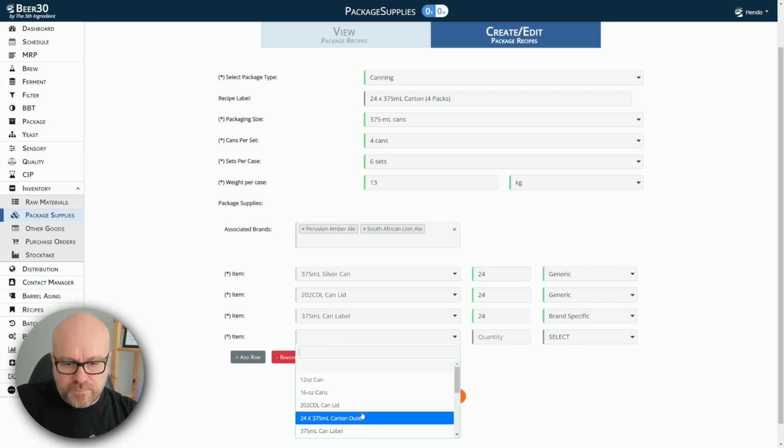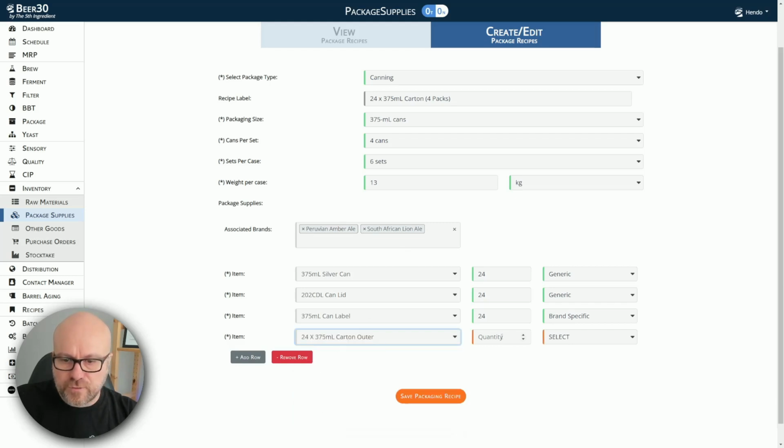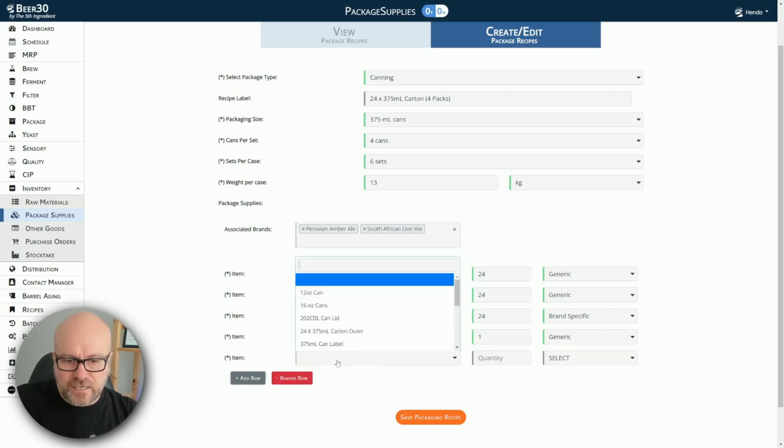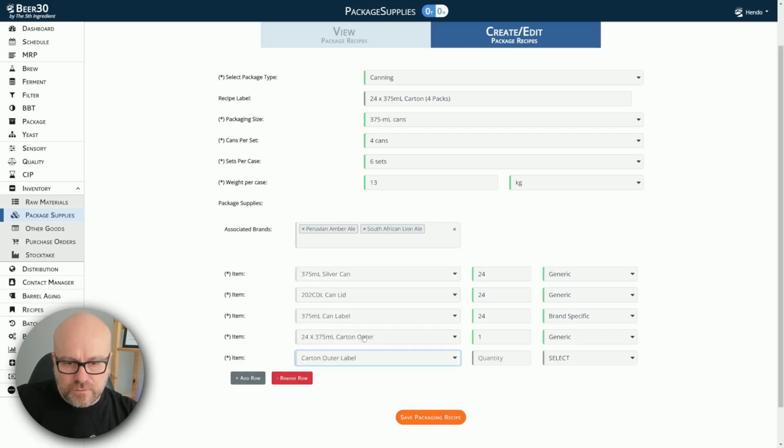The next thing I need is my 24 by 375ml carton outer. There's only one of those, and that's generic. And the last thing I need to add is my carton outer label. And there's one of those, and that is brand specific. Okay. And then I just click Save Packaging Recipe,